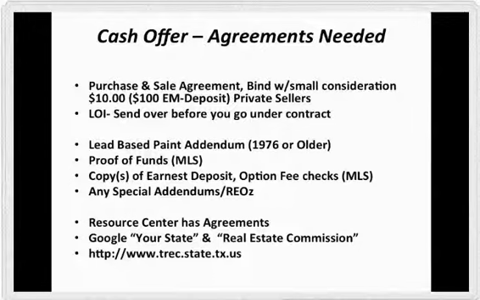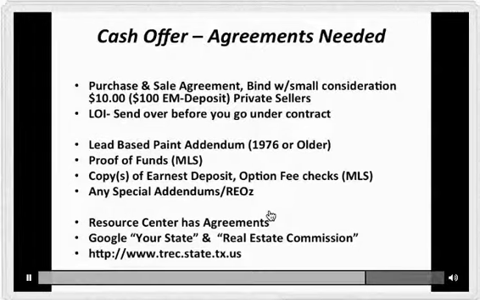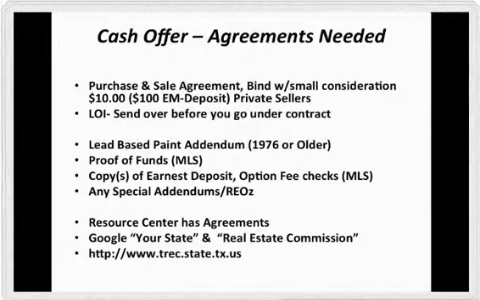So down here at the bottom, your resource center has a ton of agreements in it. They do not have state contracts. These are just private contracts that you can use with private sellers. But the easiest way to find a state-approved contract for your state is to literally go to Google and type in your state and real estate commission. In my market, I'm in Texas, so down here at the bottom, this is the actual link to get to the Texas Real Estate Commission. So you can see that URL there,